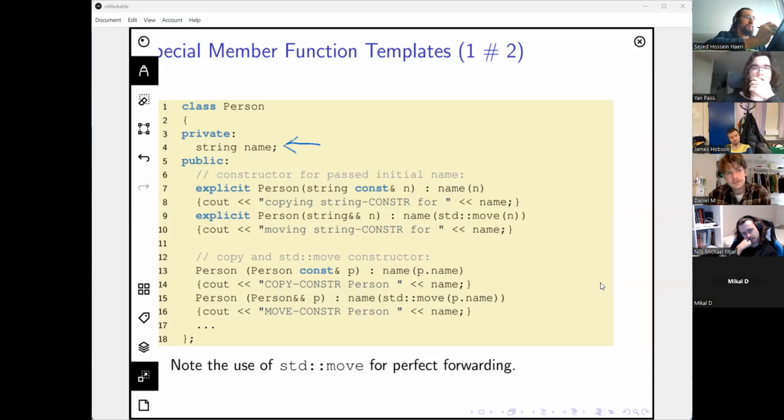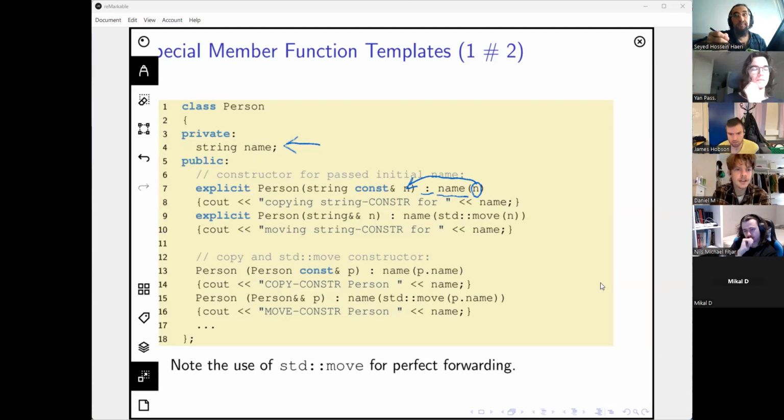The syntax for that is that you see this colon here. It's initializing the name data member of this instance that is being constructed using this n, which is what it gets from here. Right, so that's the syntax.